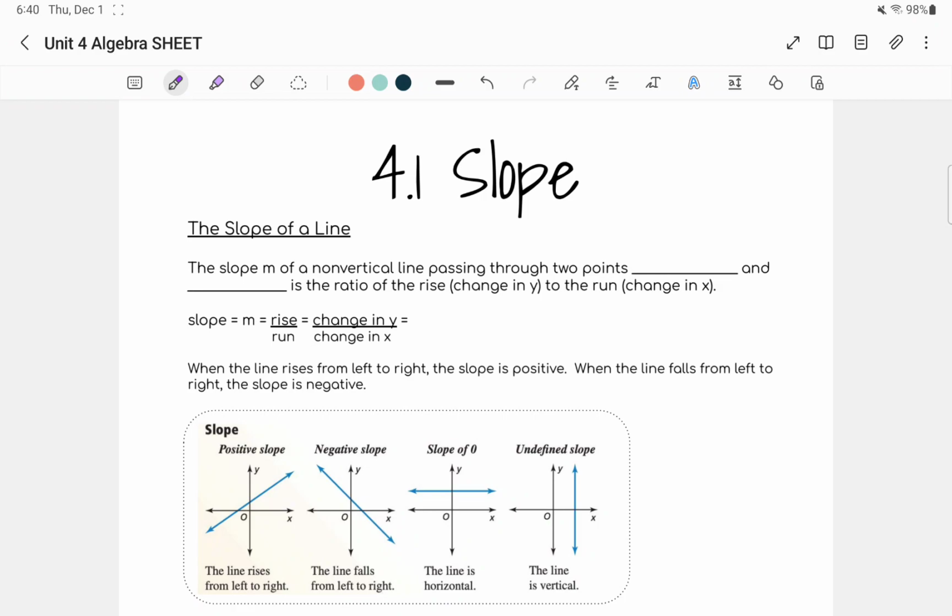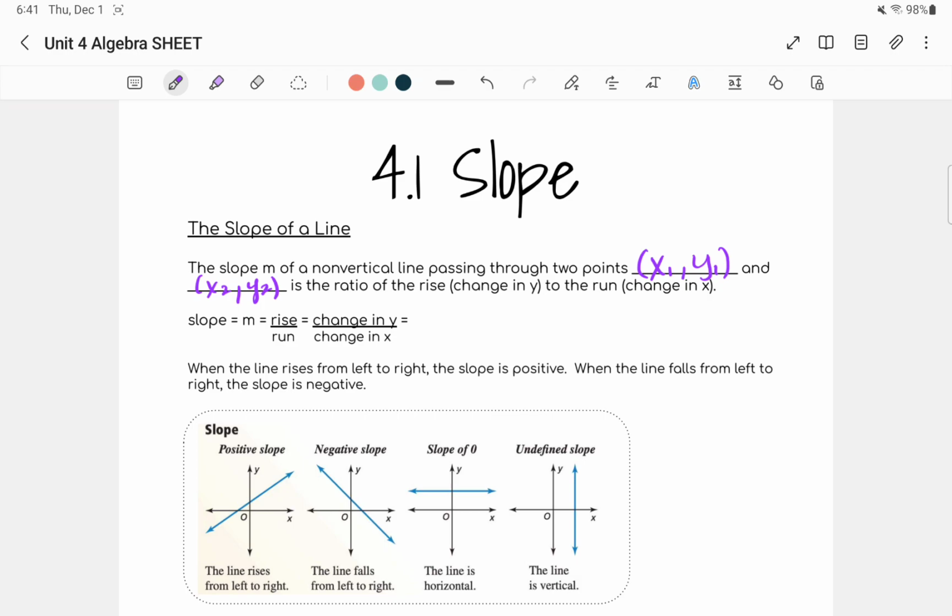The slope m of a non-vertical line passing through 2 points, we're going to call the first point (x1, y1) and our second point (x2, y2), is the ratio of the rise, which is the change in y, to the run, which is the change in x. If you think about the slope of a mountain, or the steepness of a mountain, or